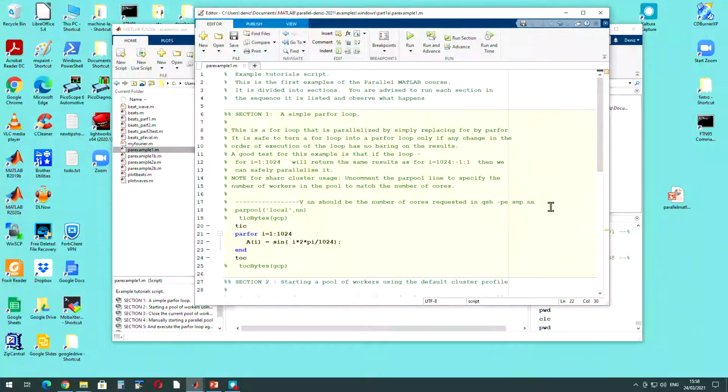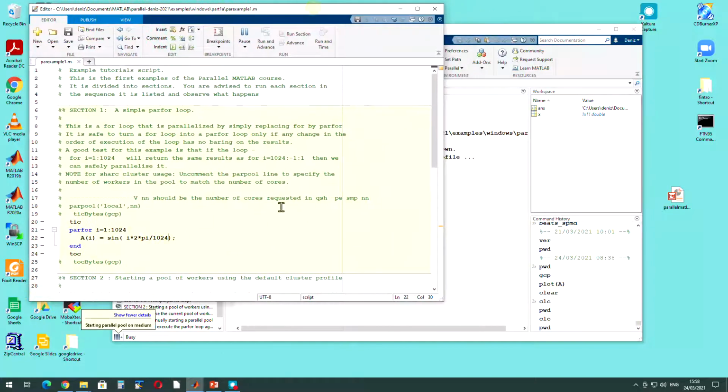After all, what we want to do is to have a worker running in each of the cores. That is the most efficient way of parallelizing your program. Right, let us say run section now on this. Okay, I've issued the run section, and you can see now starting,